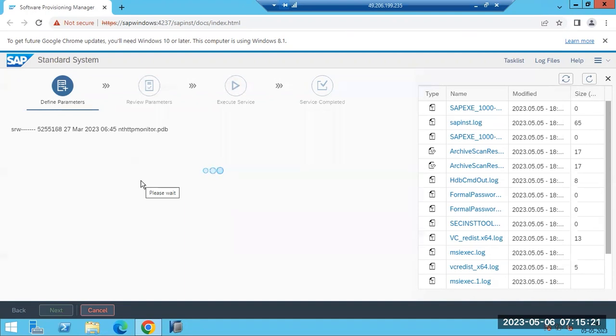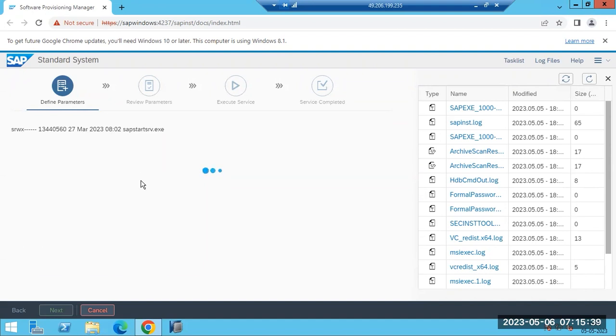Suppose if you don't download it, what happens? Now we have to download it. We have to wait for some time, then we have to move to the application server level, then do this one. So it will take a lot of time. That is the reason, as part of the preparation activities,